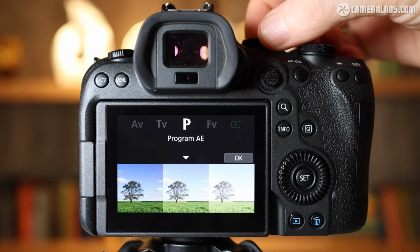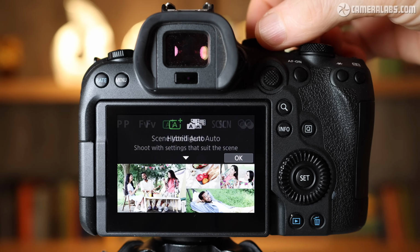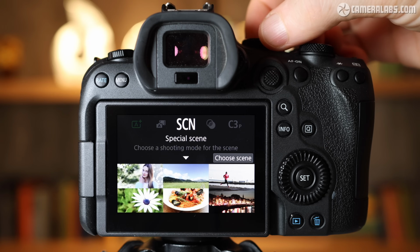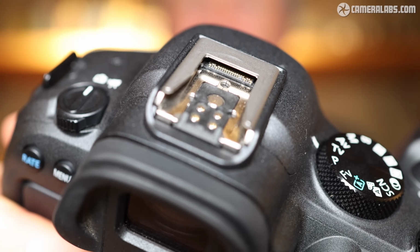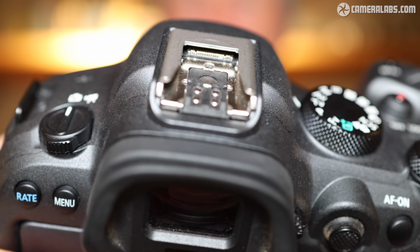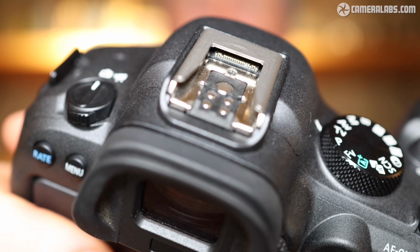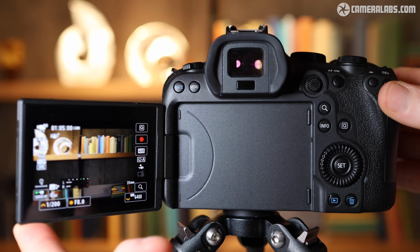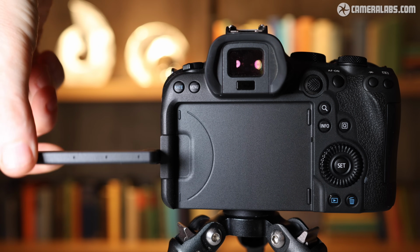The Mark II mode dial now has extra positions for an auto movie mode, effects and scene presets, the latter also including a panorama option inherited from the R7. The camera also features Canon's latest multi-function shoe, sporting the additional pins to work with more sophisticated accessories as well as traditional flash guns. In terms of composition, the R6 II shares the same 3-inch 1.62 million dot screen as